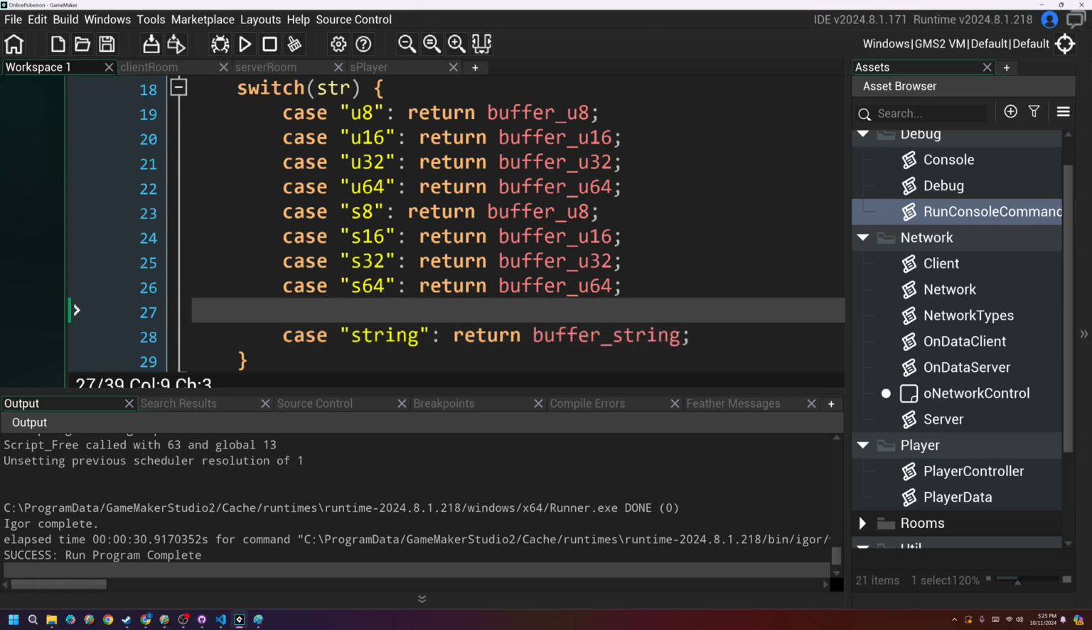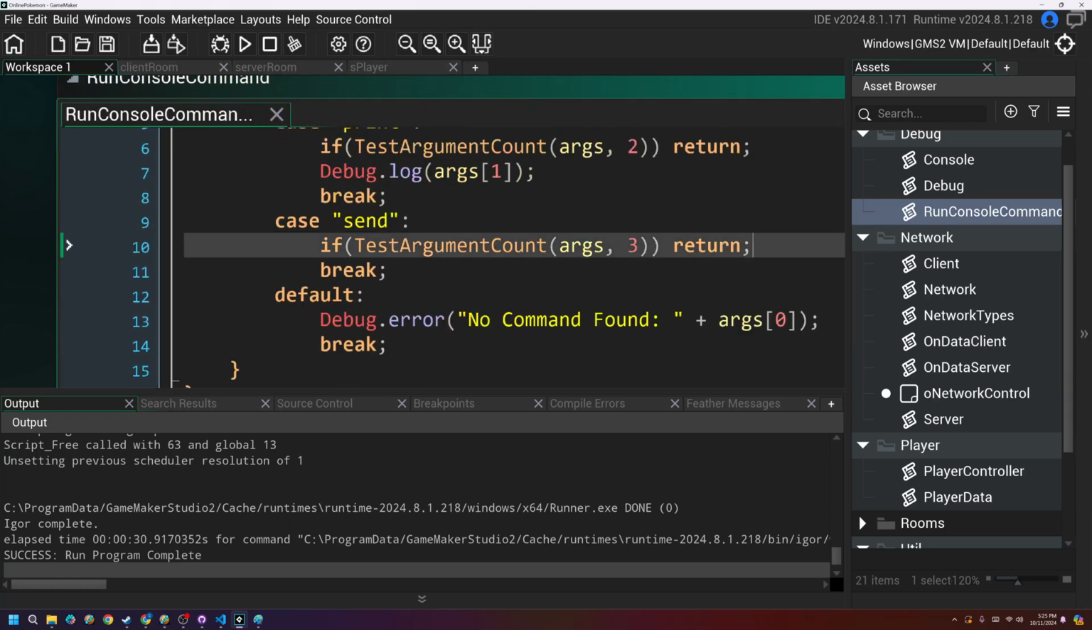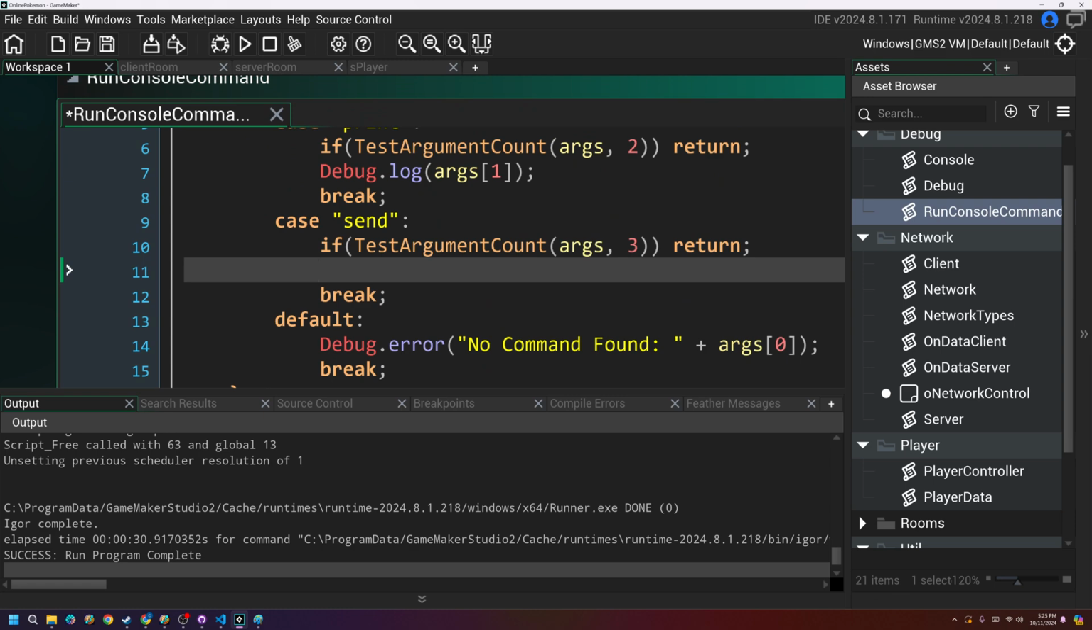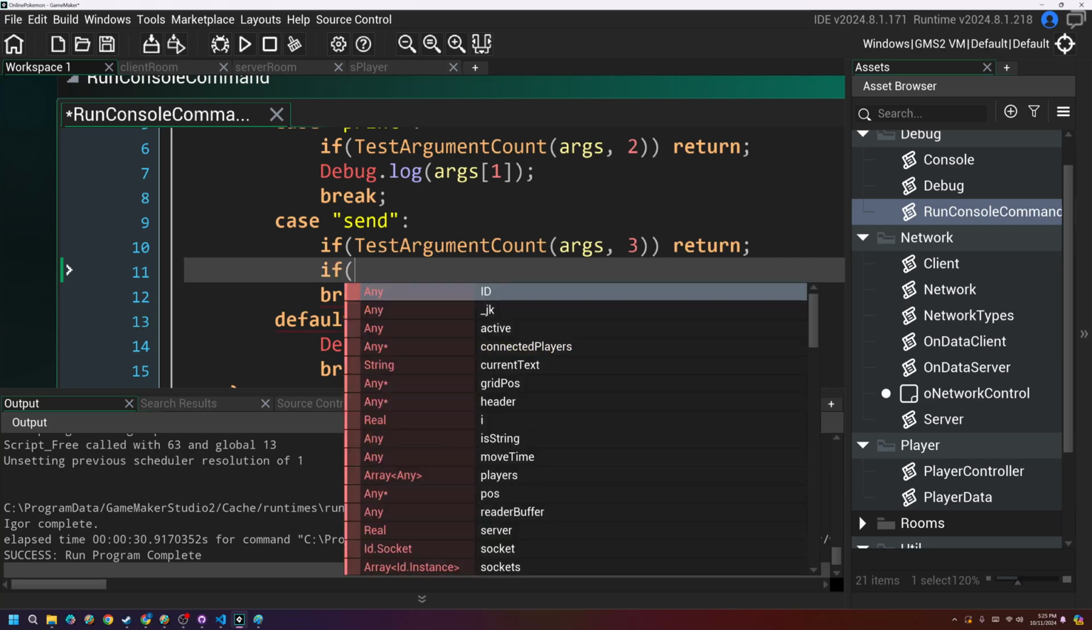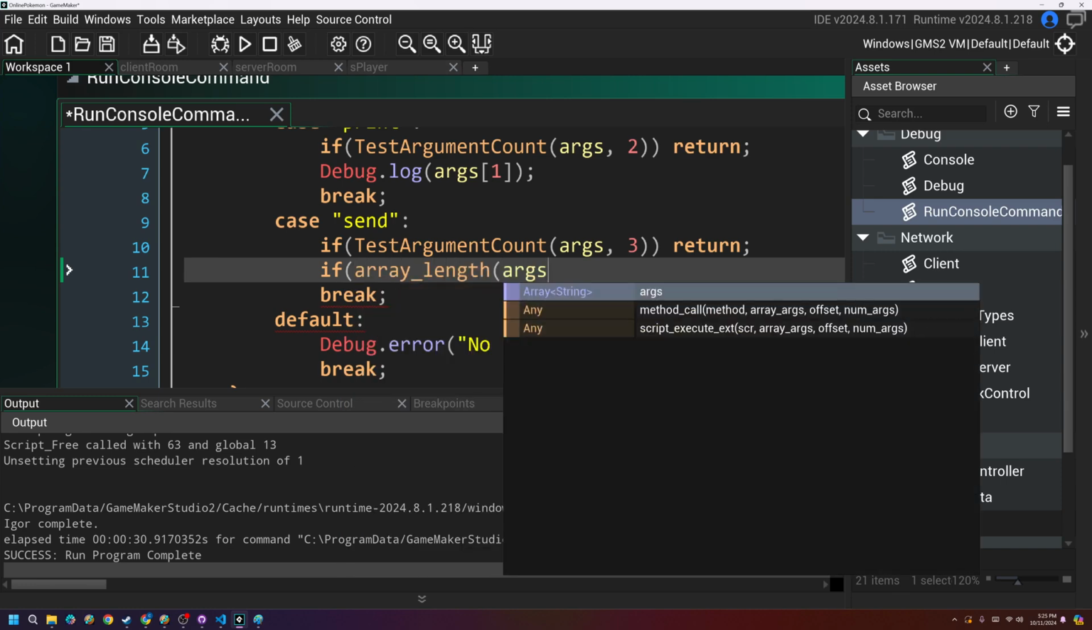And I think that's it. We could do floats, but I'm not going to for now. I'm just going to leave it at strings. And now I'm going to do a loop over all the arguments. Or in particular, first I need to check that we have an odd number of arguments. So if array length args,